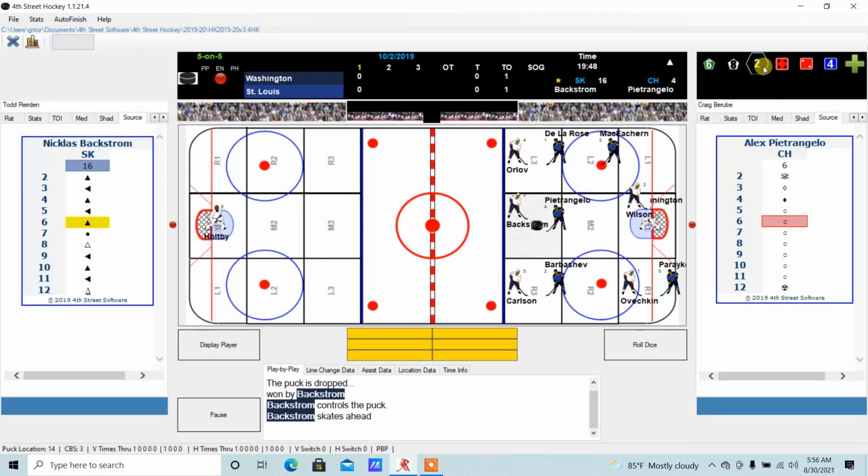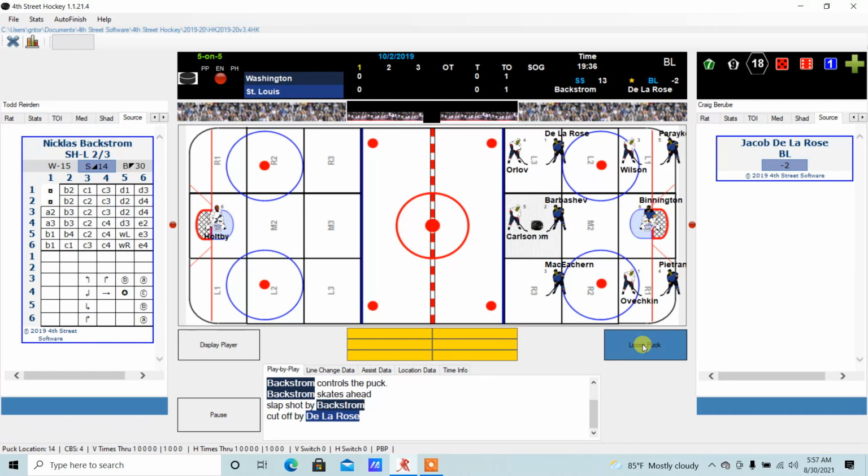The dice here, 4, 2, the 6 shows the 6 column and the skate zone that he won, and so he advanced 2 zones up and into the attacking zone near the blue line. Alright, and again the 4 blue die here just refers to Pietrangelo as a given opponent on the play. Alright, so we roll the dice again, and looks like